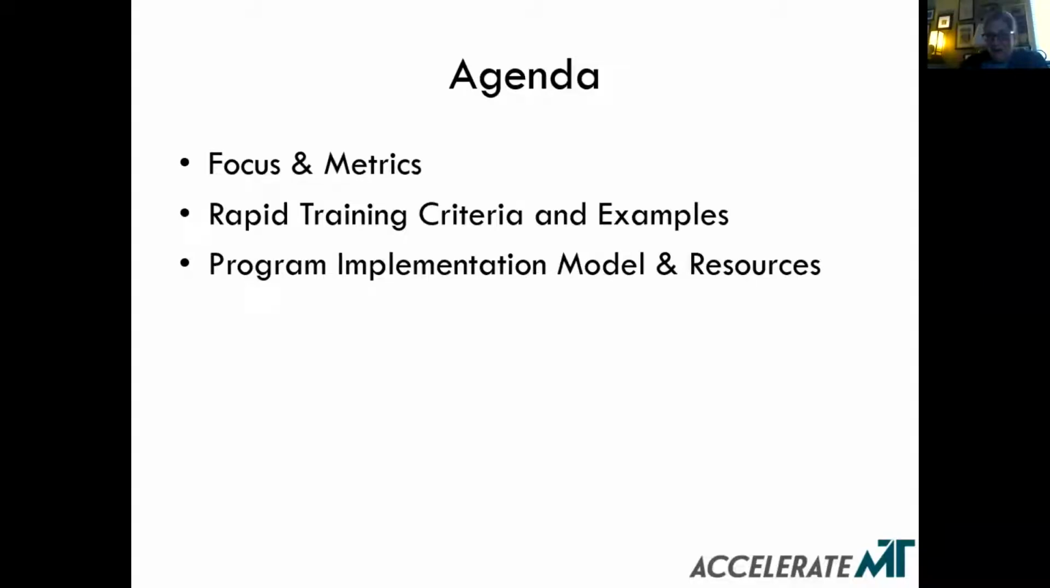I've got that. Okay, so we'll talk a little bit about the focus and metrics. What are we trying to achieve with this? I'll walk you through some of the criteria about how we're defining and thinking about rapid training. I'll give you some examples, not because they are what we're trying to do, but more to illustrate the breadth and diversity of rapid training programs that we're looking to determine, and then a little bit about how we're thinking about trying to implement